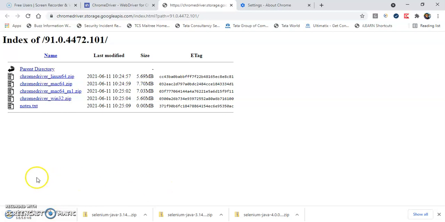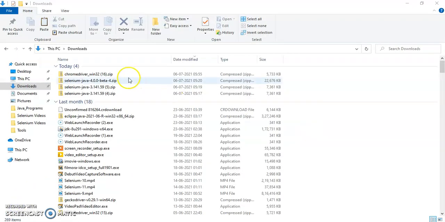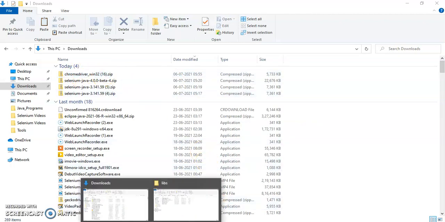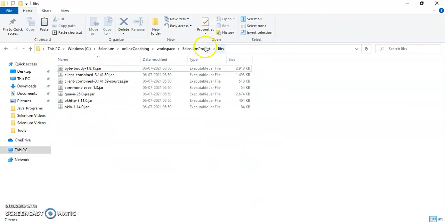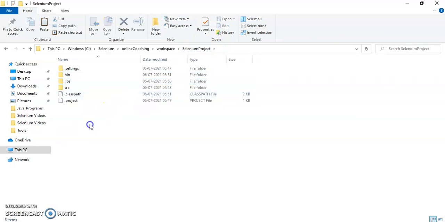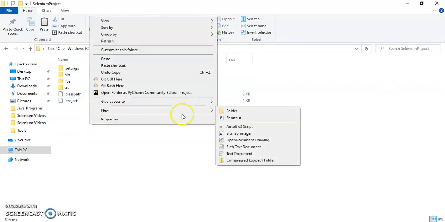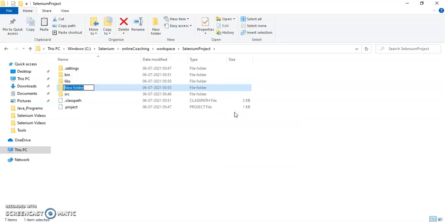Let's go to the downloads folder and we can copy and paste it in our project. If you see, I have already downloaded ChromeDriver. This is the Chrome browser driver. I will go to my project and create one more folder and name it drivers.